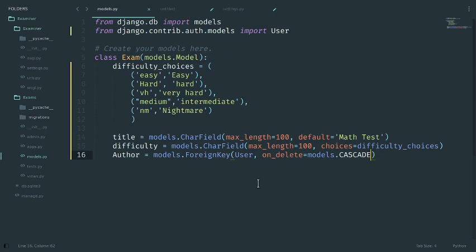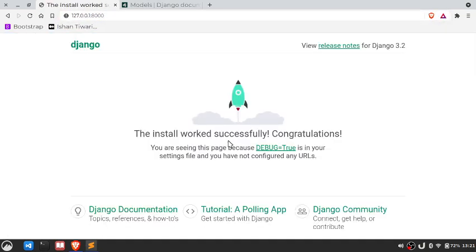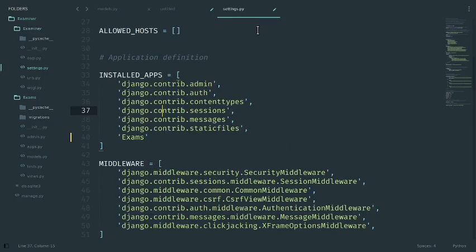In the next video we will add more fields, and one thing is that we've completed 2 videos and still we are getting this screen. Now we will delete this screen and we will create a new custom screen that will display all the exams created till date. Okay, now bye bye everyone, and I hope to meet you again